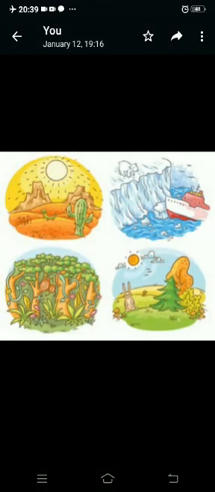The climate of a place is affected by its location, altitude, distance from the sea, and relief. Therefore, we experience regional differences in the climate of India.